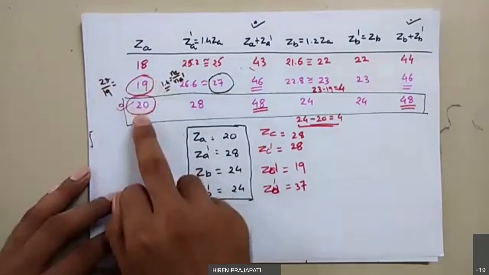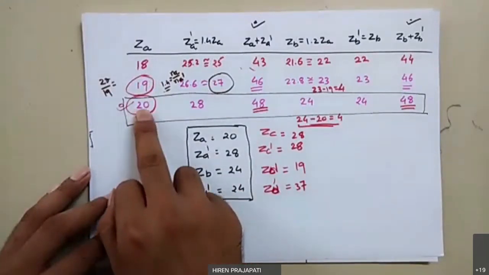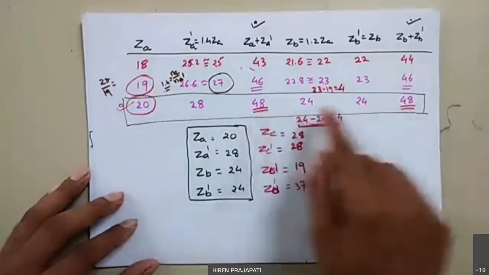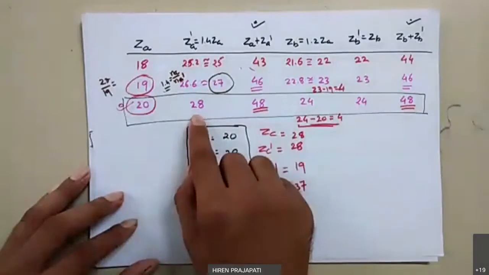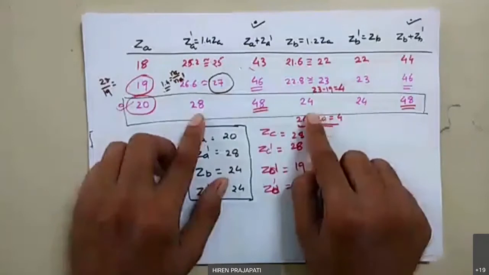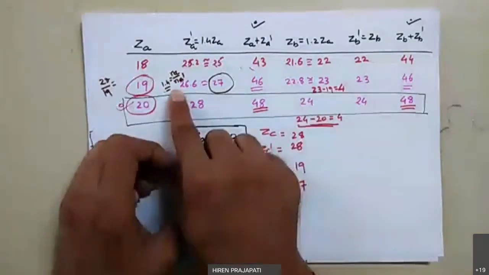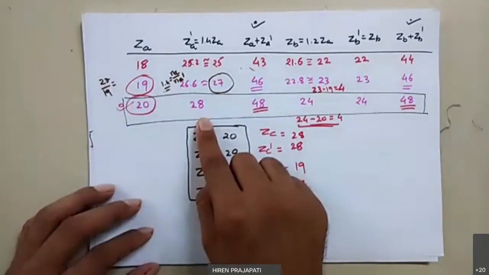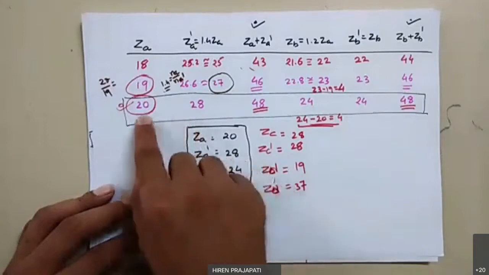So we move to the next number of teeth, and we took 20. For that we solved again, and again we got the same value in this column, and the positive thing is we are getting direct fractionless values. So there would not be any change in the theoretical speed ratio. If there is no change in the theoretical speed ratio, then we achieve theoretical speeds practically, right? That's why we have selected 20.